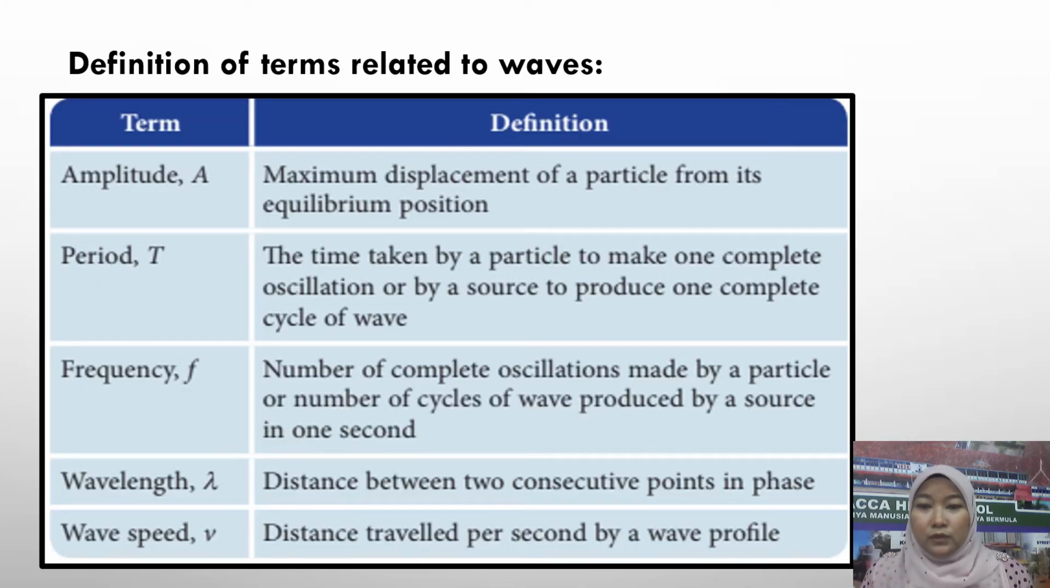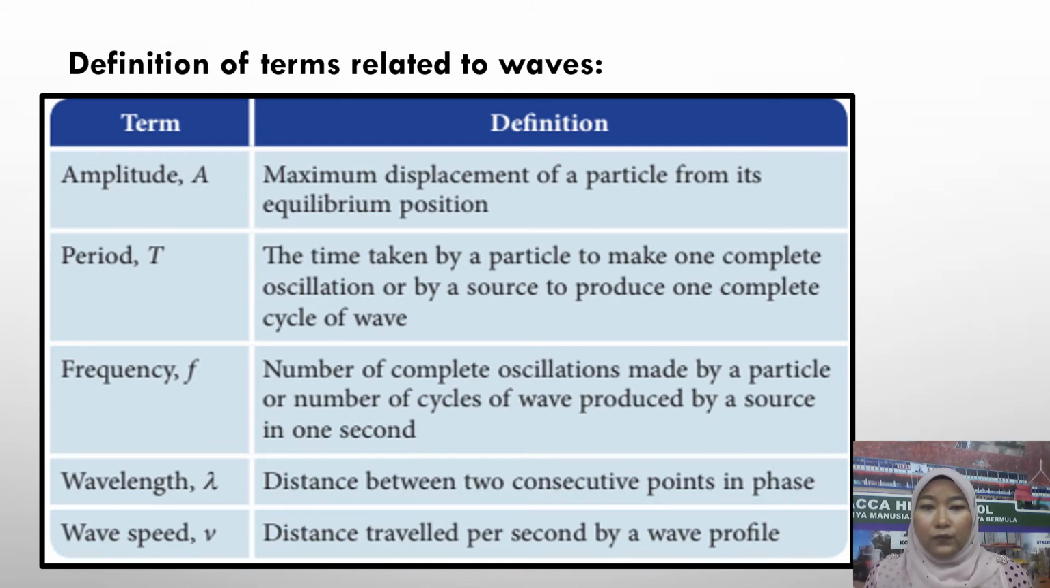So, to determine the wave graph, we have to know the definition of terms related to wave. First term is amplitude. Amplitude uses letter A. The definition is maximum displacement of a particle from its equilibrium position. Period, T, is the time taken by a particle to make one complete oscillation or by a source to produce one